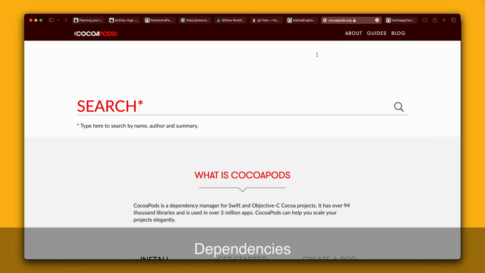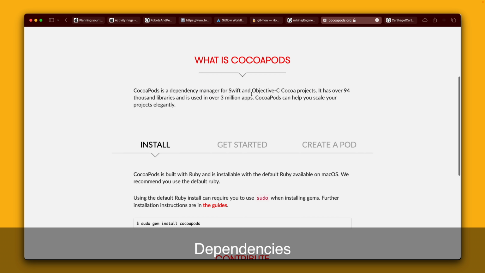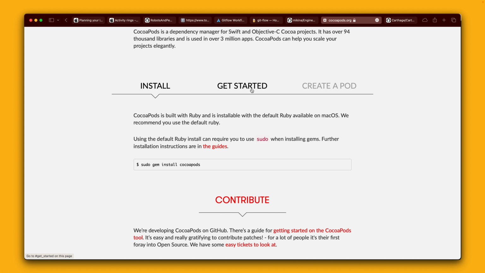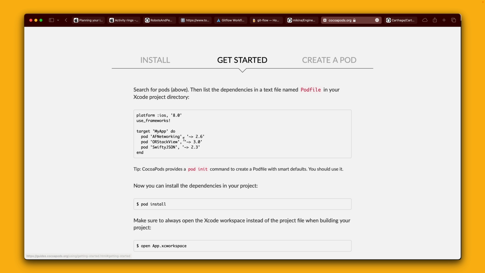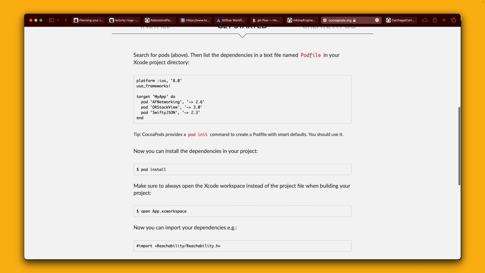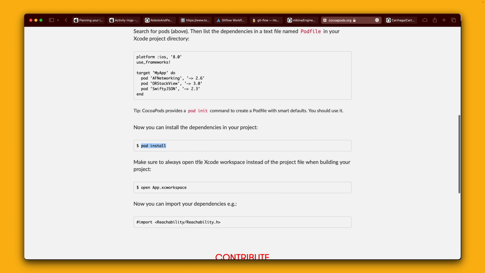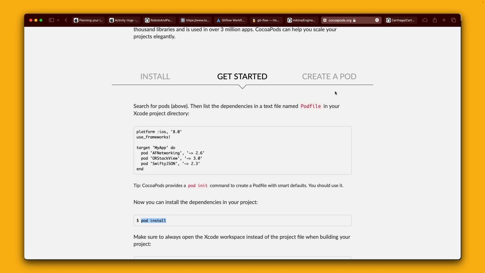The next thing that I will add are dependencies. You basically have a couple of options, like CocoaPods. I think that it was the first one for iOS. You can easily install it: first you need to install the CocoaPods gem, then create the Podfile, add all of the dependencies, and then just type pod install. It is a really simple dependency manager. I kind of don't like it. I had a lot of issues with it in the past with compiling, but it is still a